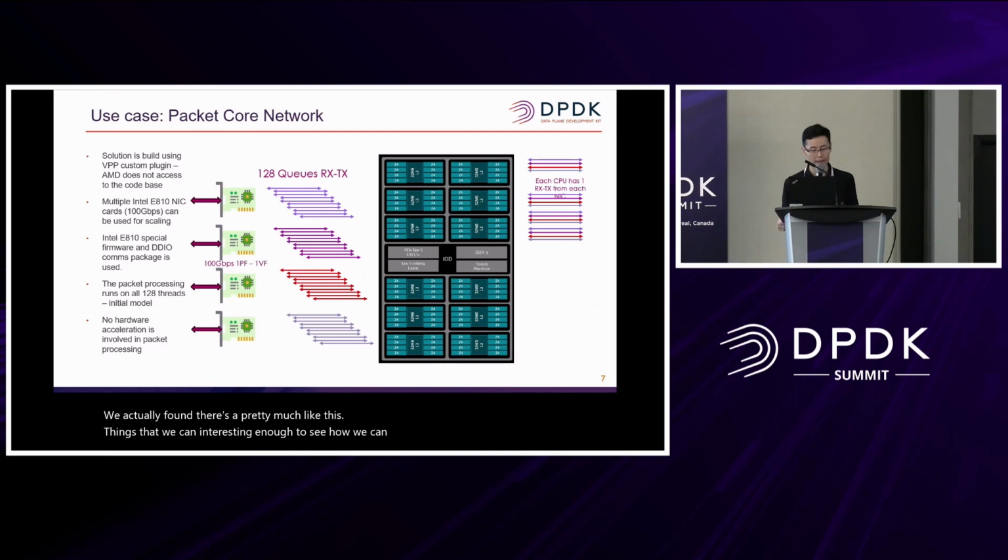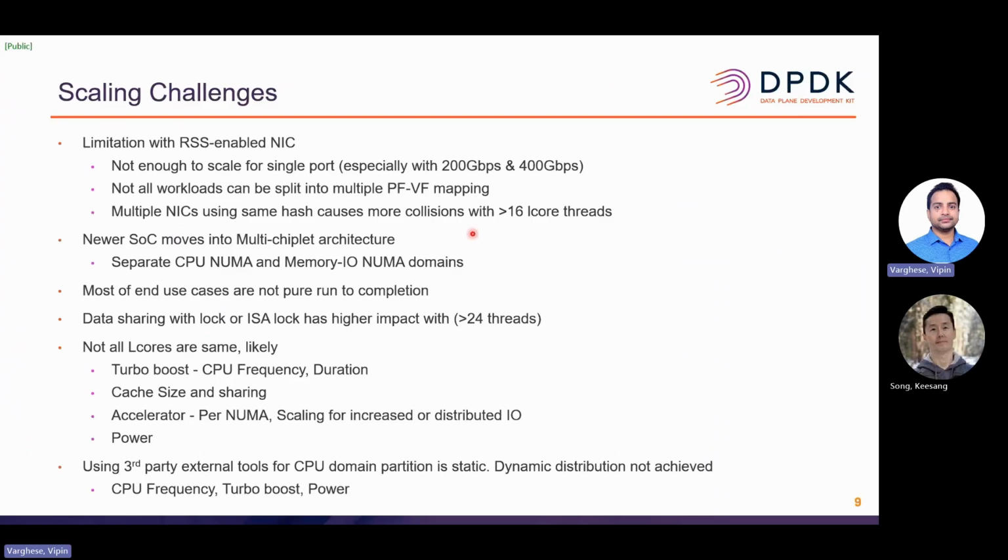address the issue. And from now on, I'm going to hand it over to Vipin Varghese from online, so he can talk about the packet core use cases and how we actually resolve the problem. So I will leave it to Vipin. Vipin, are you there? So just to recap, the three different use cases that Keesang shared highlight the problem